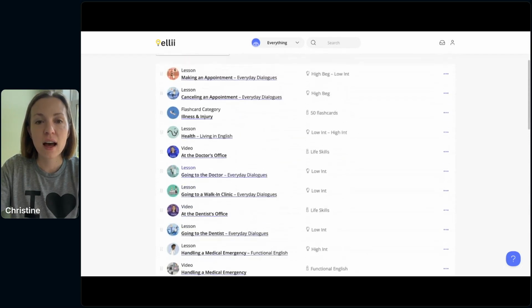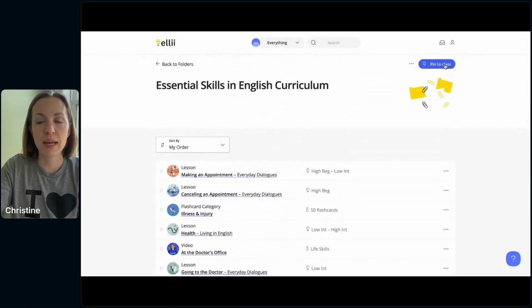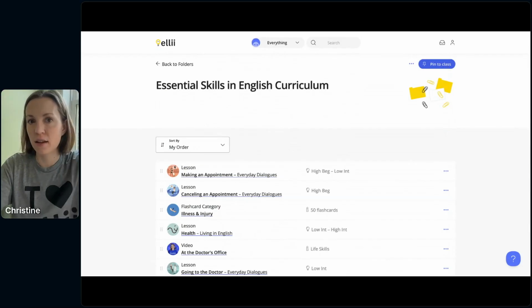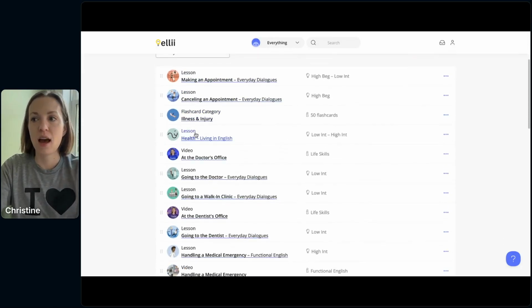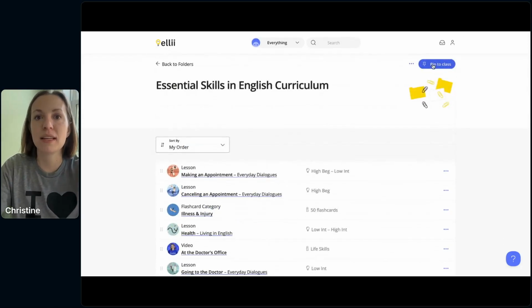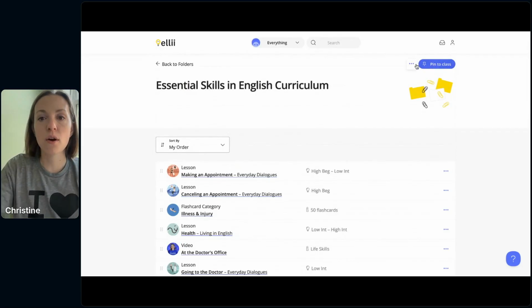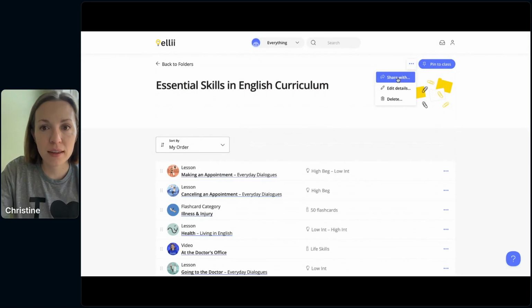And then I could pin this to a different class. So let's say I'm teaching essential skills over the summer, and I just want to reuse everything. I could pin it to my new class, or I can hit these 3 dots up top, hit share with,